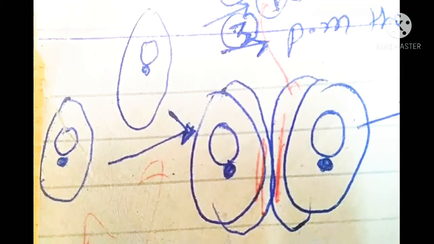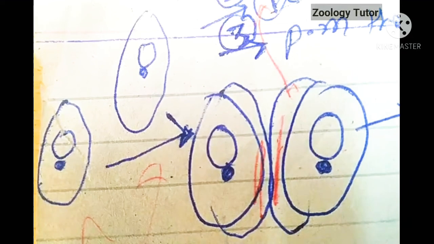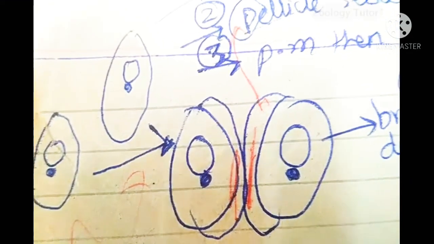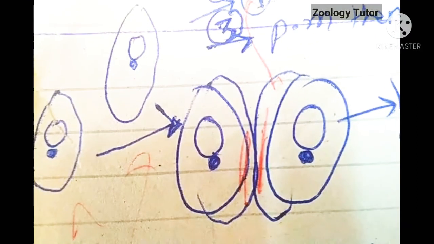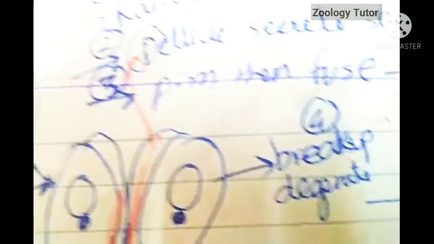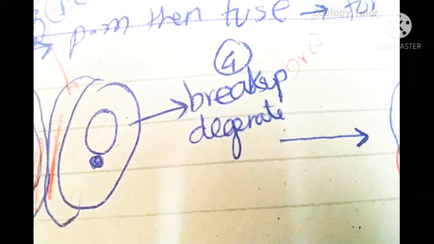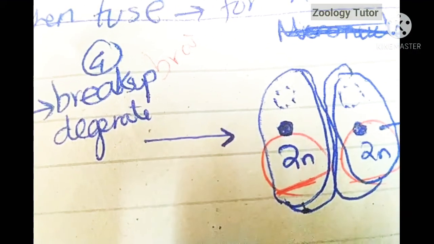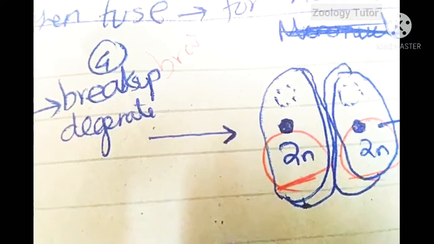Here you can see that we have 2 paramecia, they are separate. Number 1 step is random contact. Number 2 is that the pellicle secretes adhesion or sticky secretions. Number 3, the plasma membrane will remain fused for hours. Then the macronucleus shown in the large circle will degenerate, whereas the micronucleus is diploid, that is 2n, it will remain